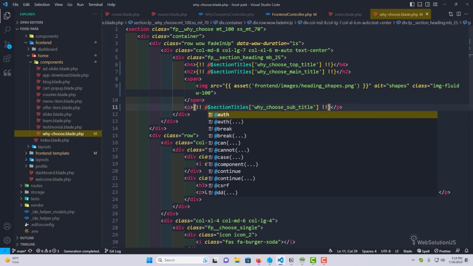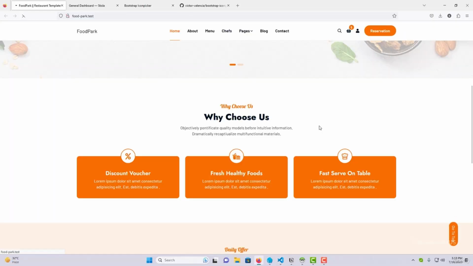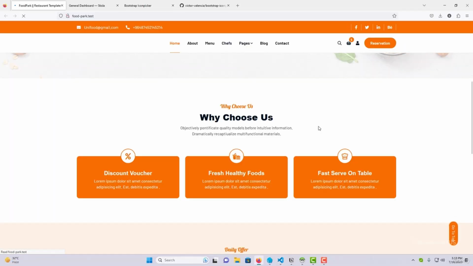Otherwise in our database, if the item, or you can say key, doesn't exist, in that case it will break our application, or in the front end we will get errors. So for safety purpose, we'll be using this @, and it will prevent any kind of error that we will get. I mean, if the key doesn't exist, or if we get any kind of nullable issue, it will be handled by this @. So yeah, if I go here, refresh this page,